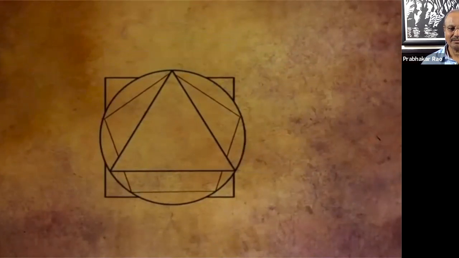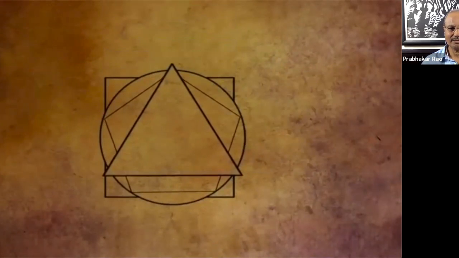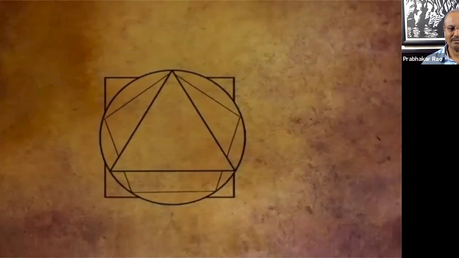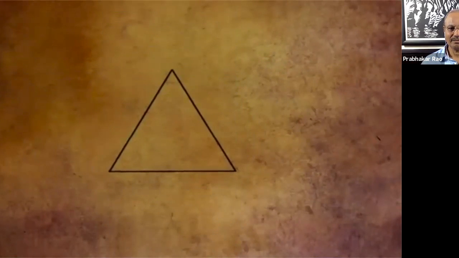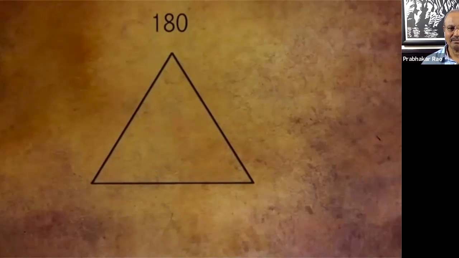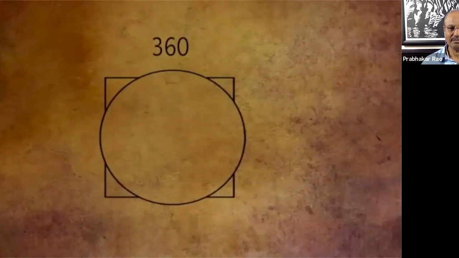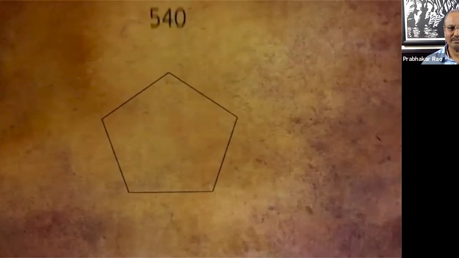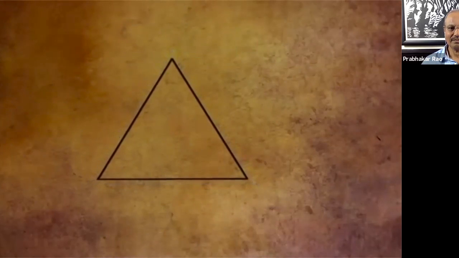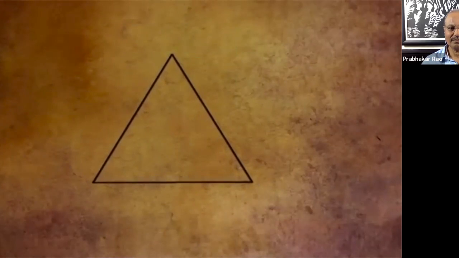In each of them are angles of degrees that, when added together, always total a specific number relative to that particular shape. For instance, if we take a triangle, the sum total of all 3 interior angles is always 180. For both the square and circle, it is 360. For a pentagon, it is 540. Now at this moment, let's step back and look at these numbers in a different way. First, let's listen to what the 180 total degrees contained in a triangle sound like.